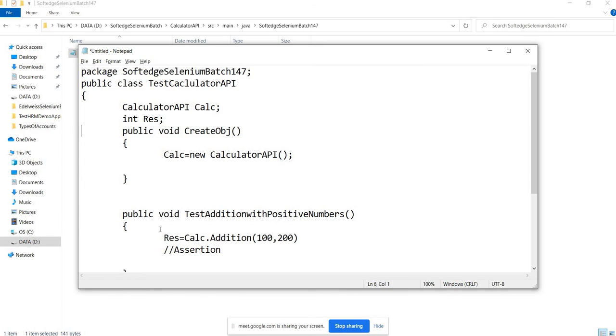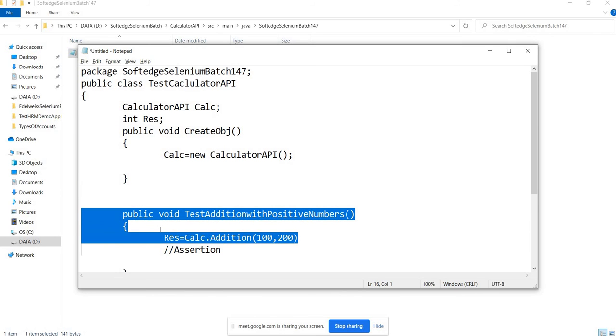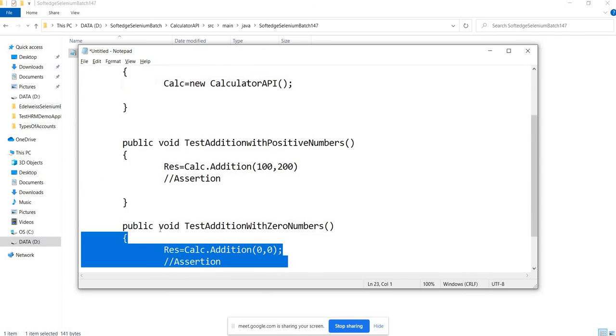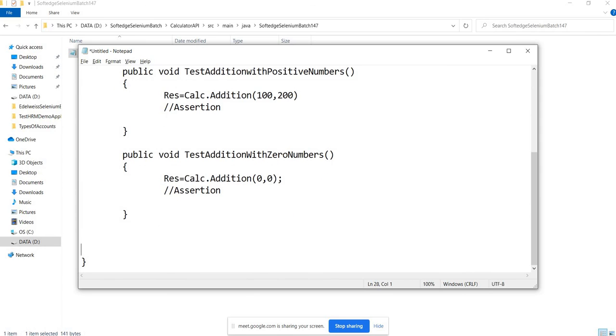So this function will only be doing the creation of the object. These are the actual test case functions, right? This is also an actual test case function. Once you are done with the whole testing, you will create one method to stop the test.